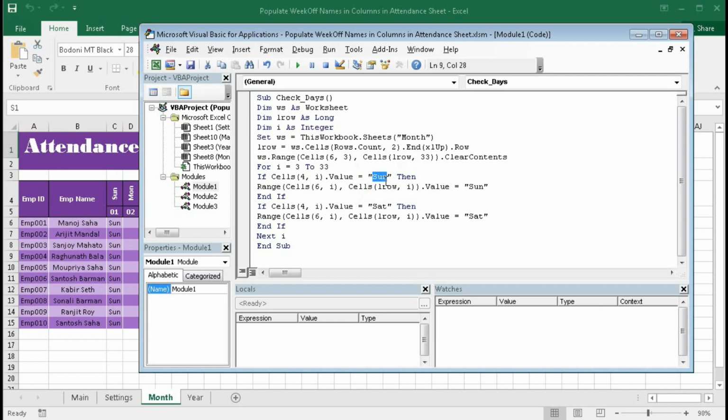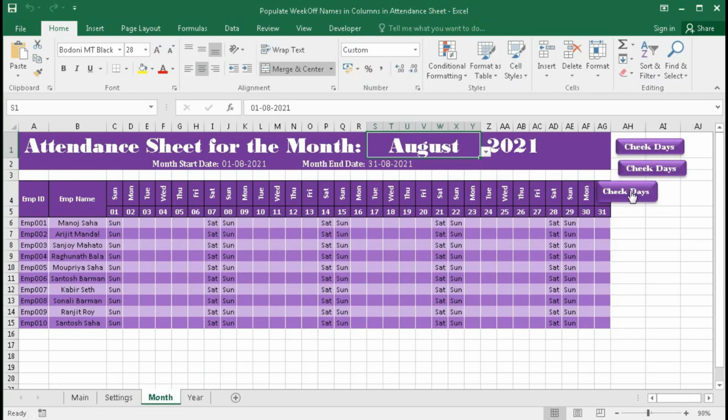This is Sunday and Saturday. Only Sunday and Saturday will be populated. If you want to populate Friday and Saturday, then you have to remove this Sunday and put Friday here, then here Saturday. Now if you click Check This, Friday and Saturday are populated.